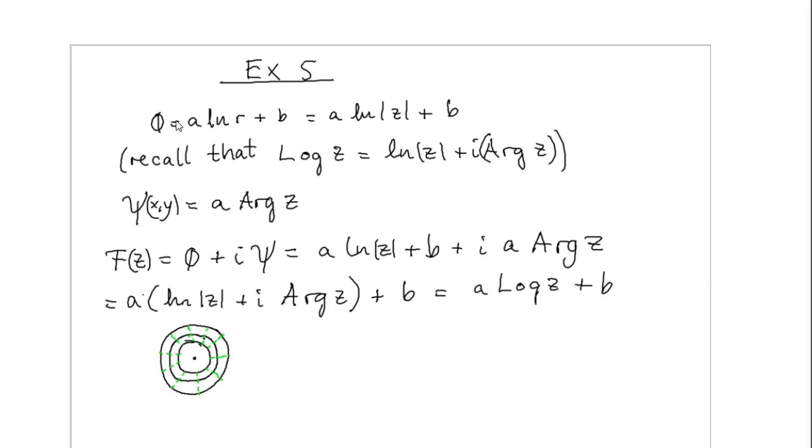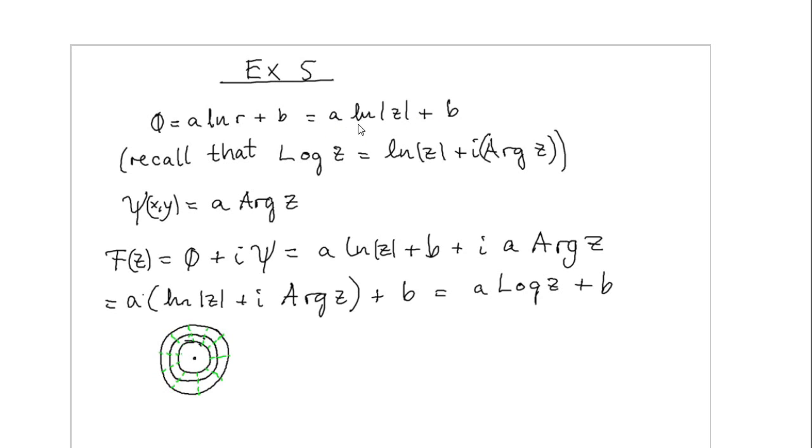Let's consider the case when phi is equal to a constant a multiplied with the logarithm of r plus a new constant b. And this was the solution in the case of a coaxial problem, which we have discussed before. R can be written as the absolute value of z,